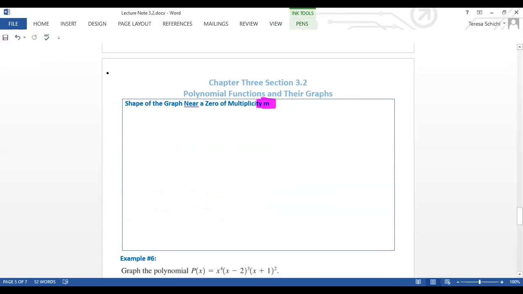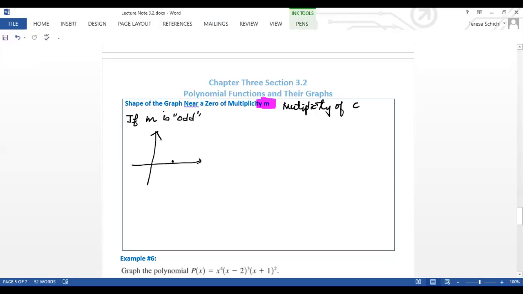So I said here, if n, if its multiplicity is odd, and that means your graph... So let's say that here, if we call this one n, the multiplicity at C, right? So if it's odd, that means your function